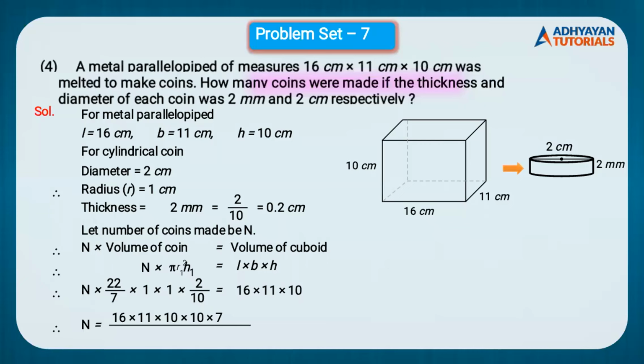Left hand side का 22 upon 7 का 7 and 2 upon 10 का 10, ये दोनों terms जो denominator में थे वो right hand side के numerator में चले गए हैं. And left hand side के numerator के terms right hand side में जब जाएंगे तो denominator में चले जाएंगे. तो 22 denominator में चले जाएगा right hand side में and 2 upon 10 का 2 जो numerator में था left hand side में, that will go to the denominator in the right hand side. So it is 22 into 2. If anybody is seeing it as 22.2, point means multiplication. So it is 22 into 2.